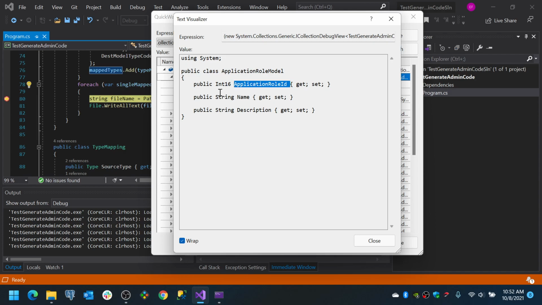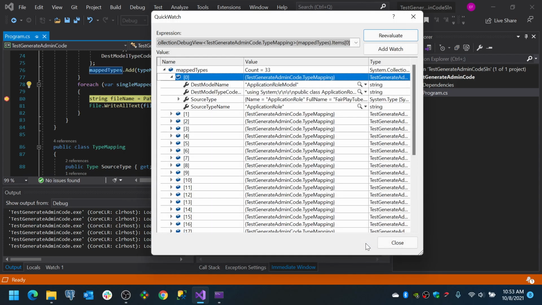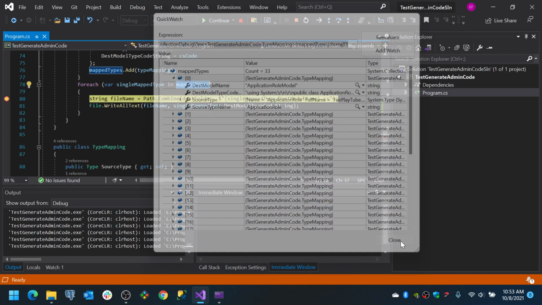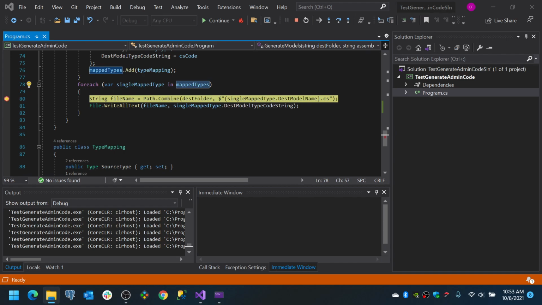We have the properties, and in this case, since this is using the actual types instead of the aliases, it's using Int16, String, because we are not actually reading the base code. We are reading the generated assembly, right? So it doesn't have the short names as far as I know. And once all of that finishes, we will see that